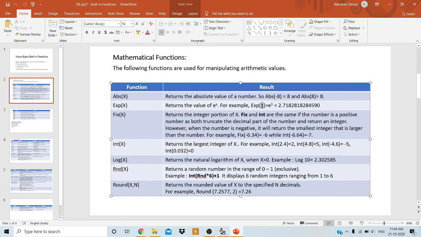If you provide the argument as 2, then it means e raised to 2. You might have seen in the scientific calculator, this function will be there, e raised to x, the exponent function with respect to the logarithmic values. Okay, so it is going to find the exponent value of the given number.